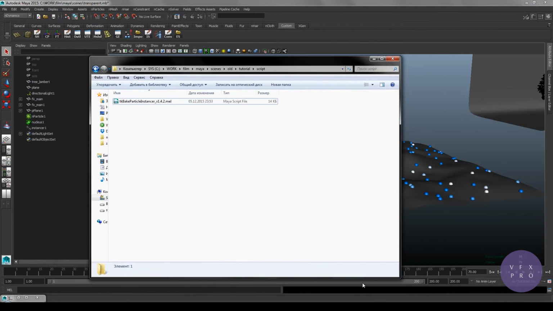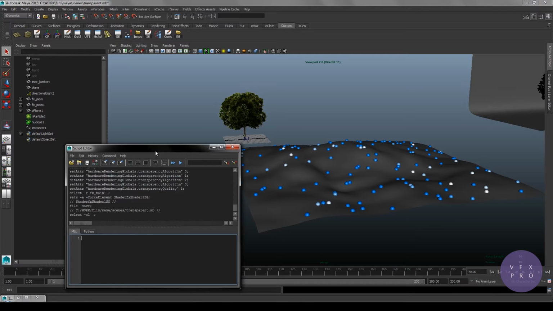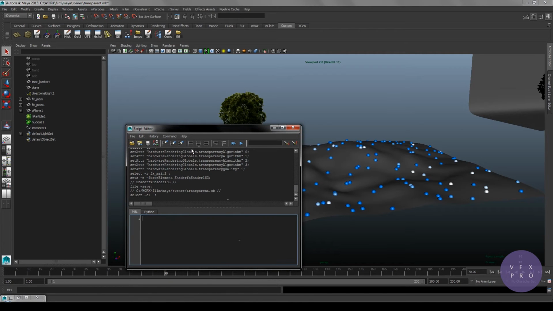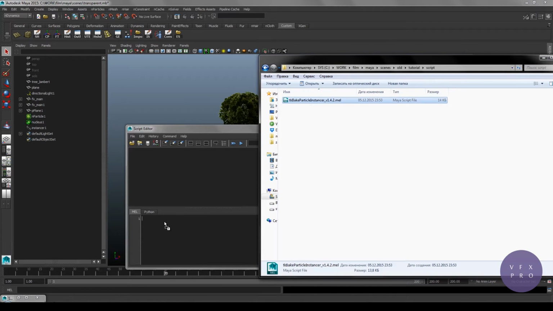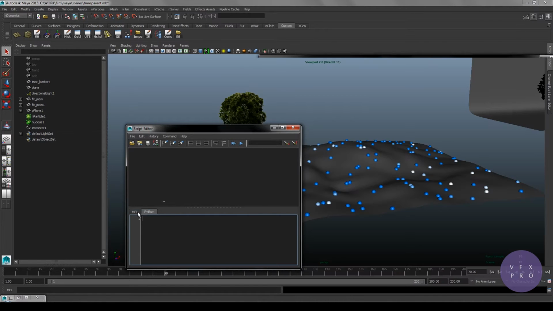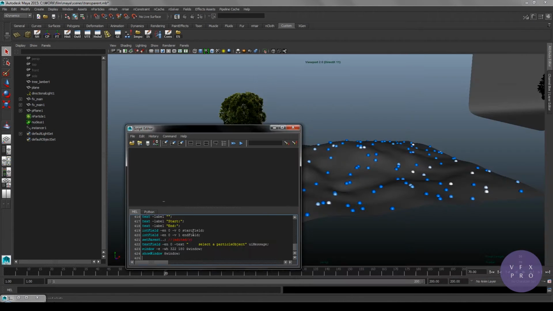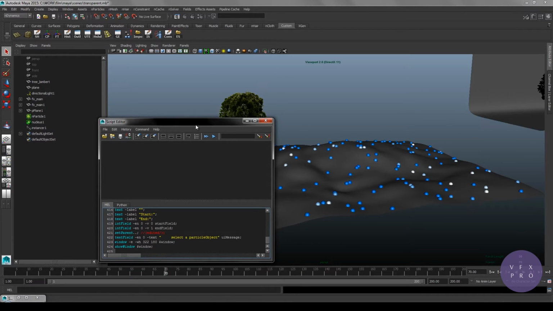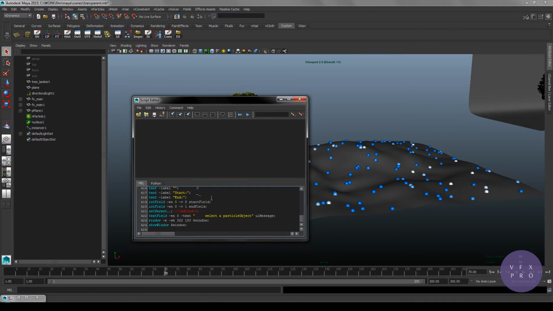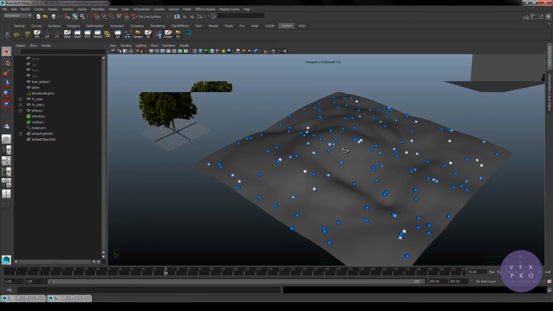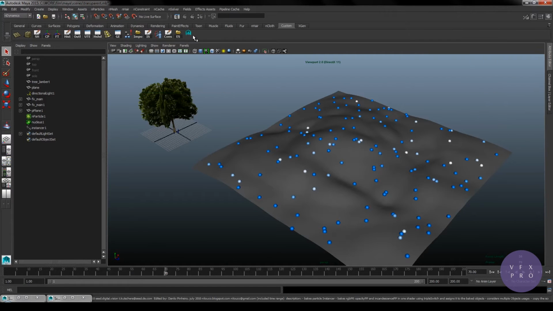Let's put it to the script editor right here. Let's clean the fields and just drag and drop it. Alright, so this is MEL, so make sure you put it to the MEL tab, not to the Python. Alright, so you can select it all, and with the middle mouse drag and drop, put it to the shelf, so it's there now. Alright, so if you run the script,